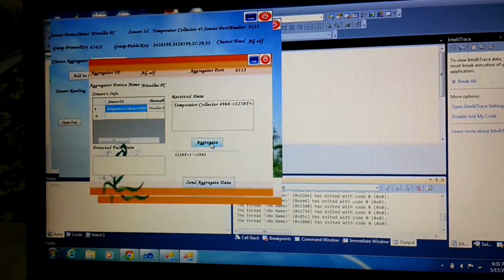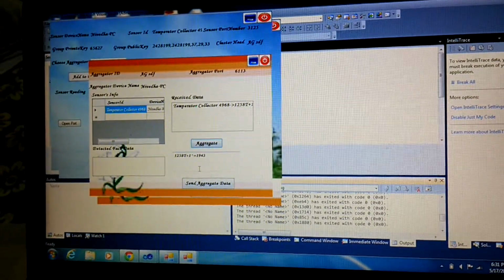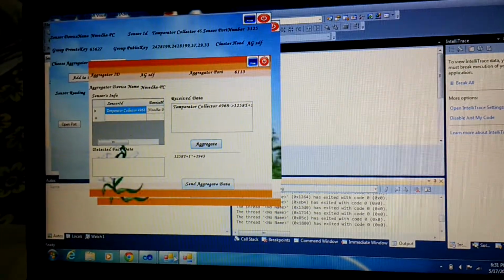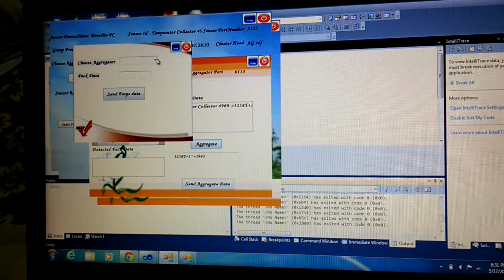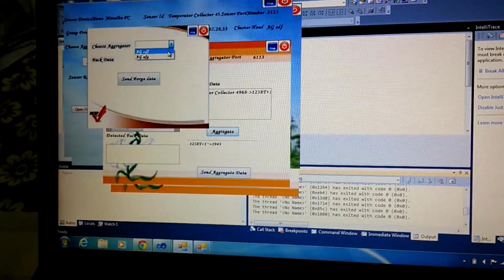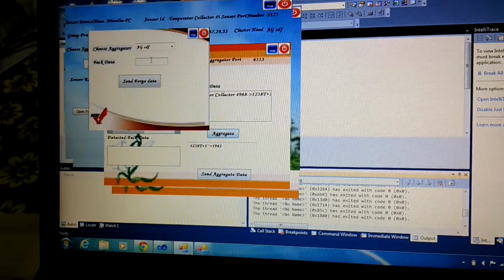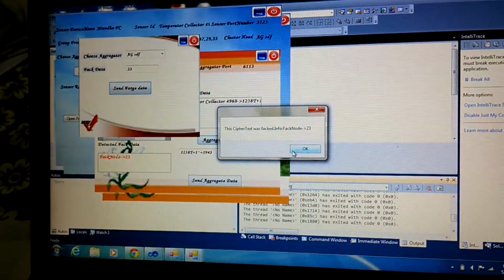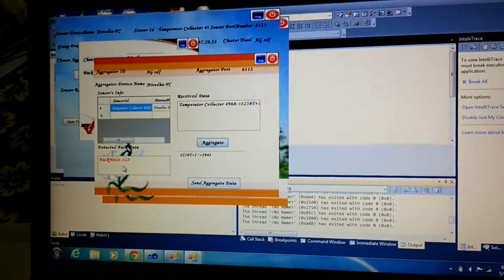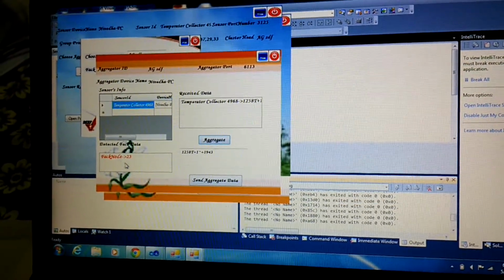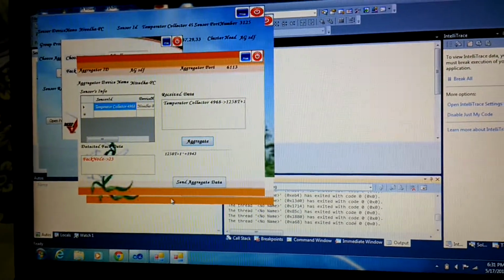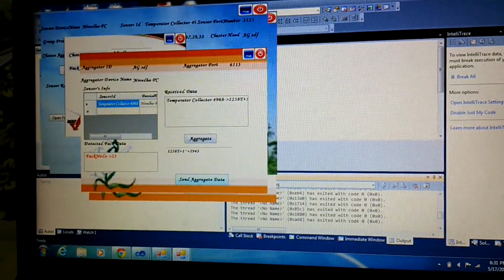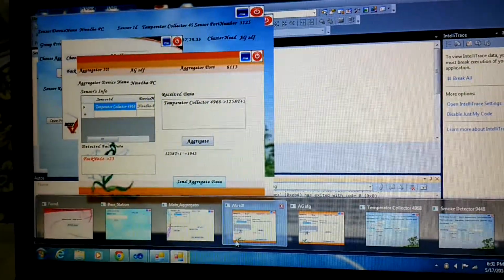Here we have to aggregate it. The aggregated information will be sent over here. Similarly, we are eliminating the forged node by choosing that, and fake data will be produced. Here the fake data will be indicated over here through this. This will not be included in the aggregation, and this aggregated information will be sent.